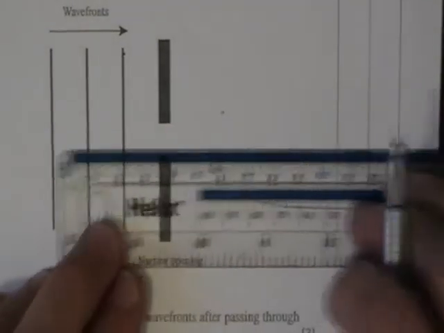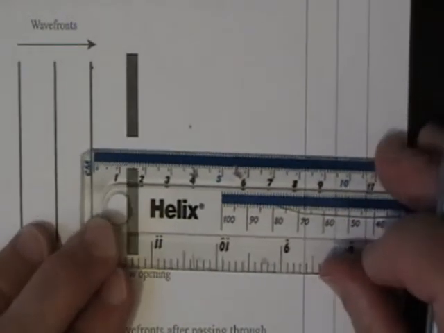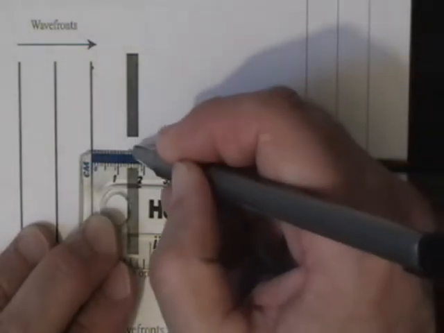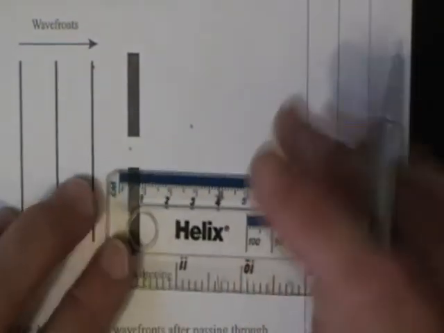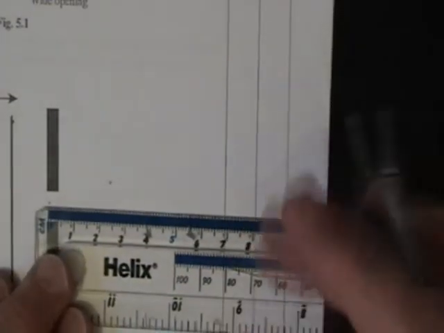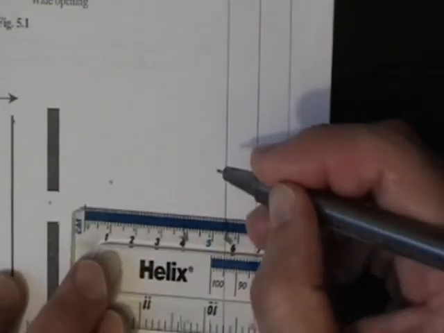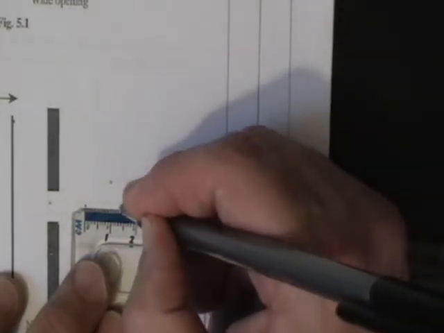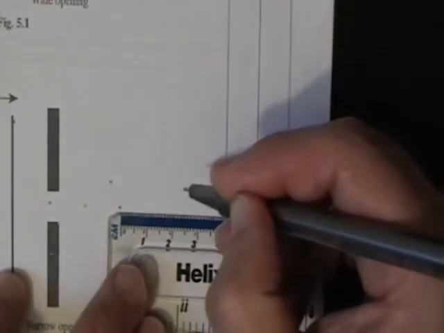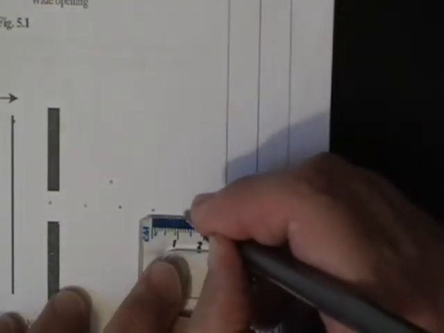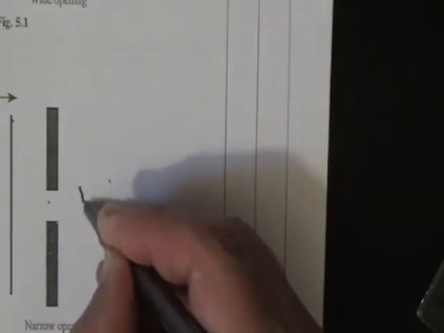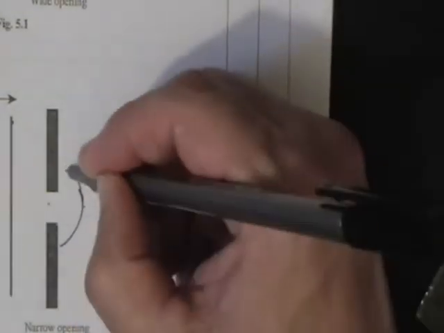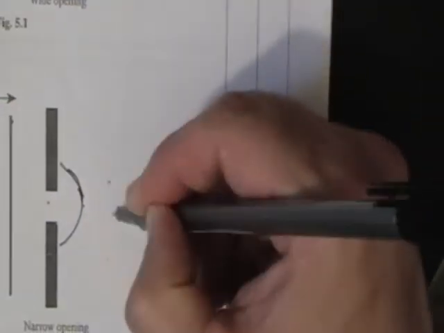So again, we're just going to follow that on through from there, and it's 1.4 to there, another 1.4 to there, another 1.4, and we're doing this because we want the wavelength to be the same all the way, because in diffraction the wavelength doesn't change. And now what's happening is these waves are actually acting as a point source from there, and so we're getting